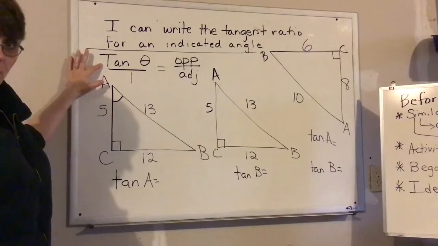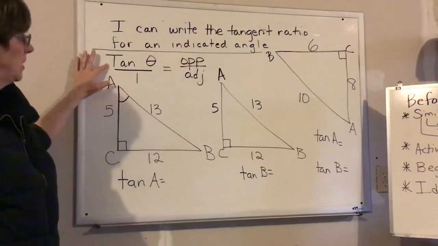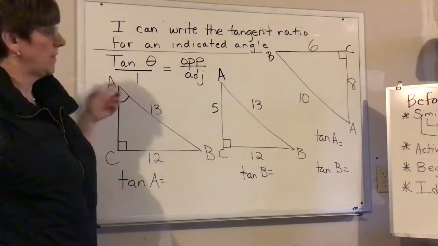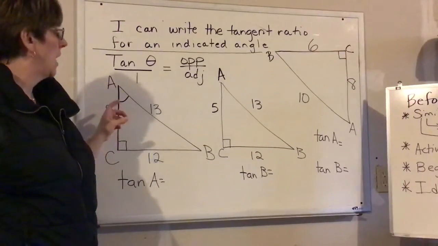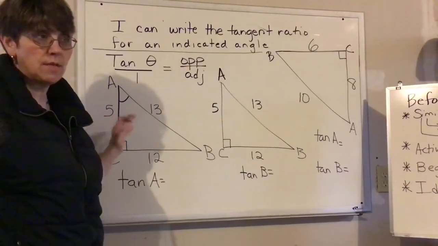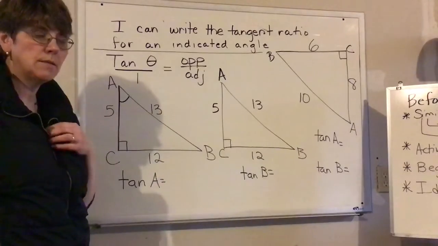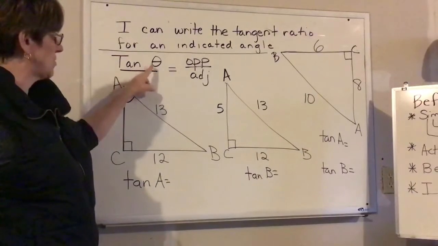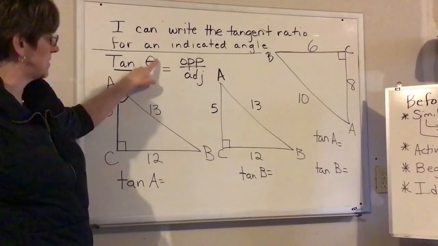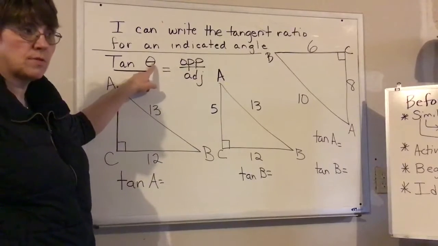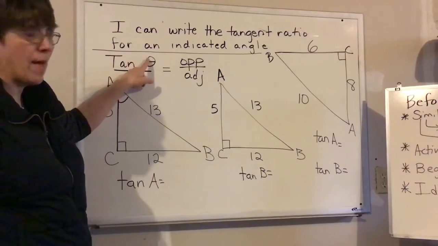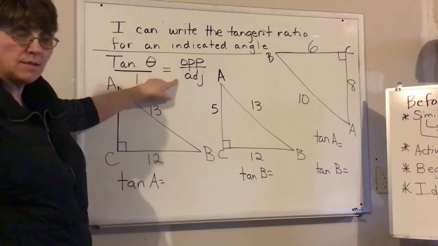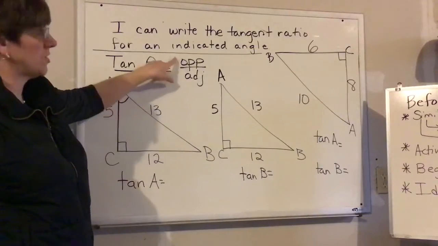When I write a ratio for a trig function, I will decide what ratio I need to use. In this section, we're always going to be using tangent. We're going to practice each of the trig functions individually before we work on deciding on our own which one is going to be most useful. So I start with the trig function and the angle that I'm concentrating on. This is theta, which is a letter of the Greek alphabet. And the tangent ratio always compares the opposite side to the adjacent side,